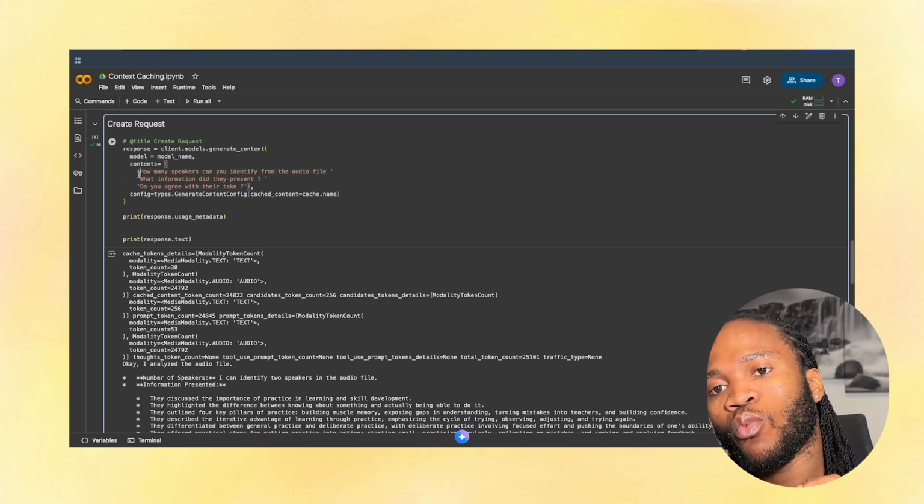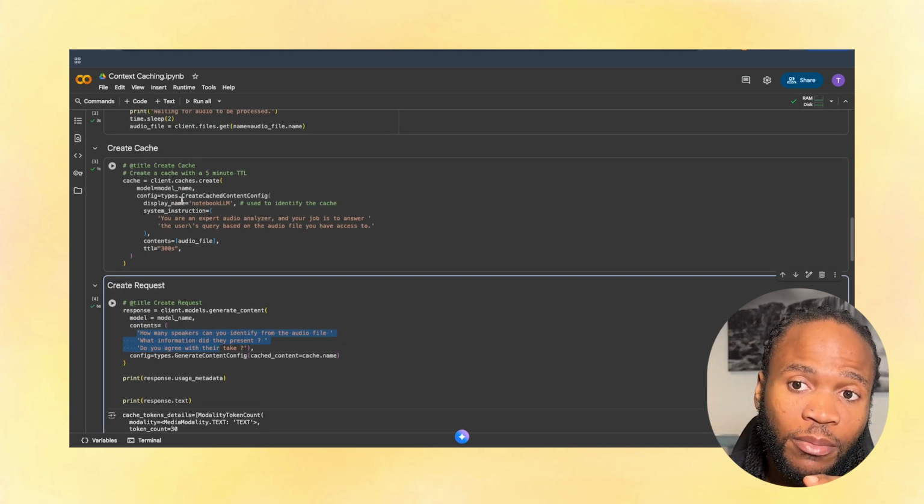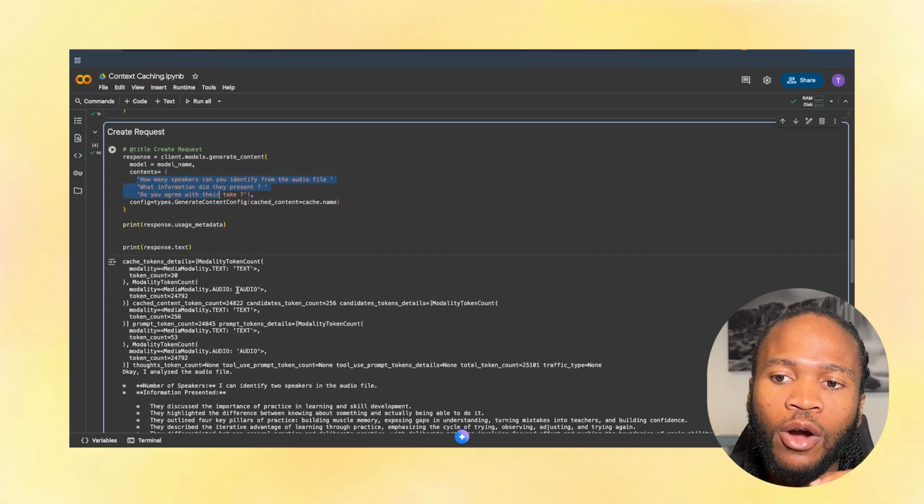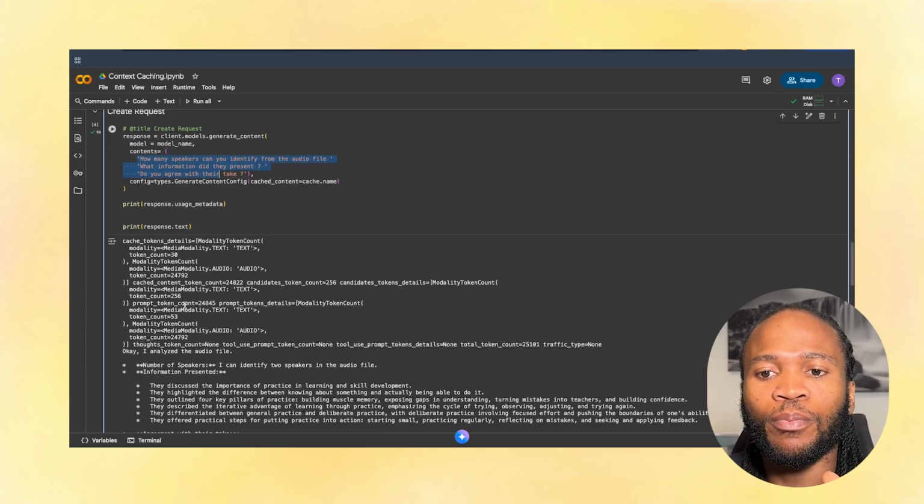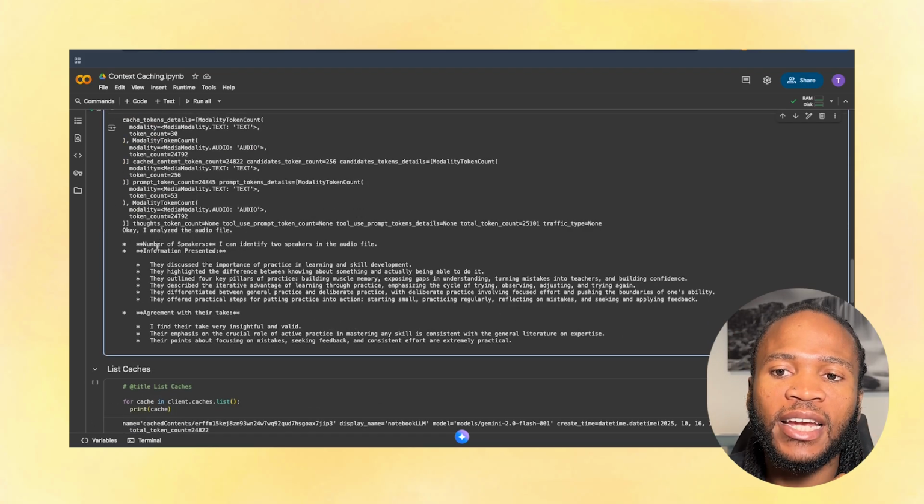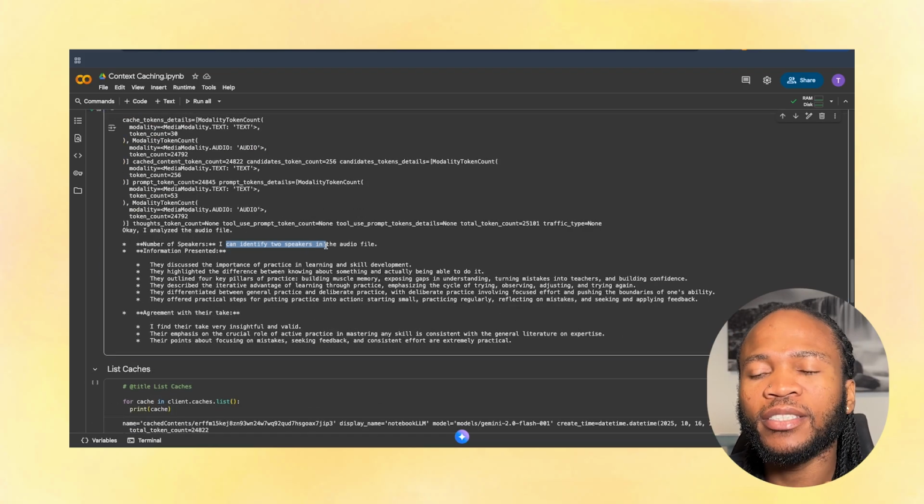That means this is what we passed here, and also the system instructions that we passed. So it also cached that. It cached an audio file, and it cached the other text that we provided. And then in the response text, we see here it successfully identified that there are two speakers in the audio